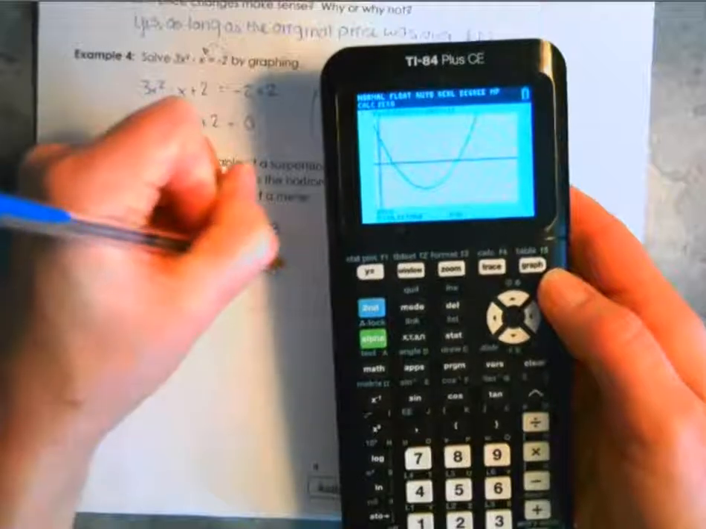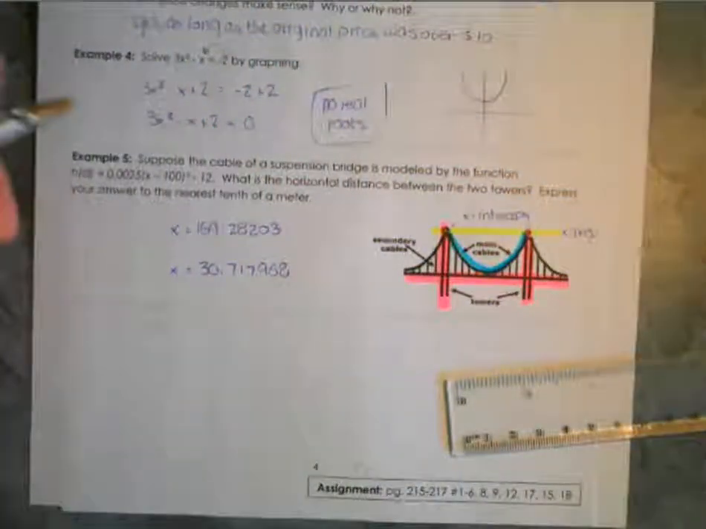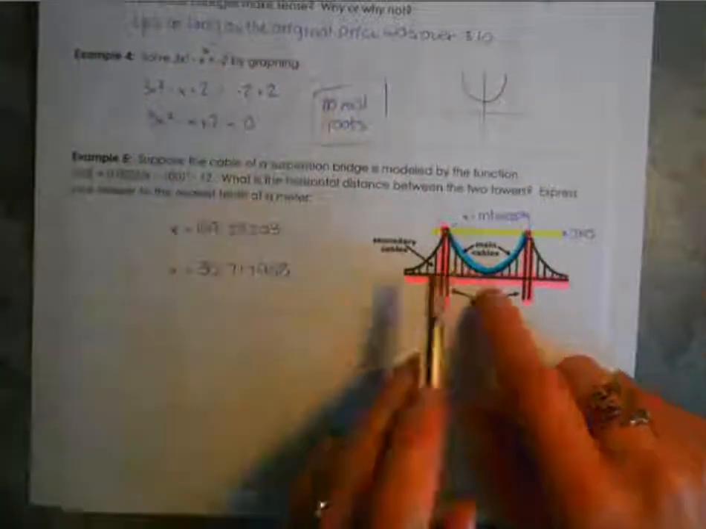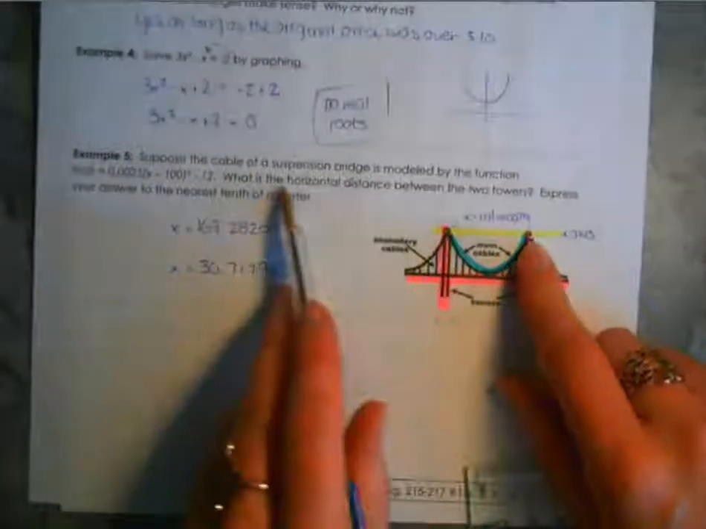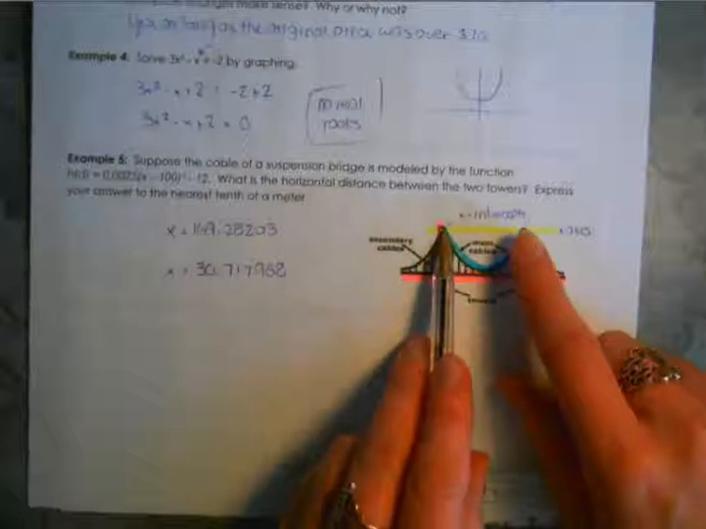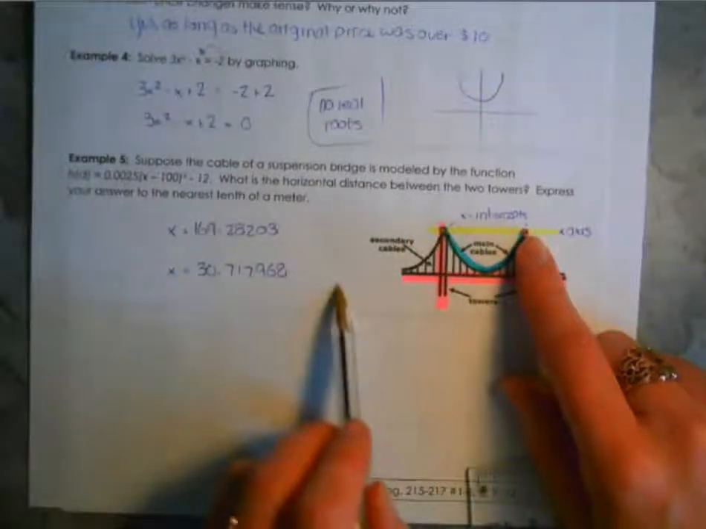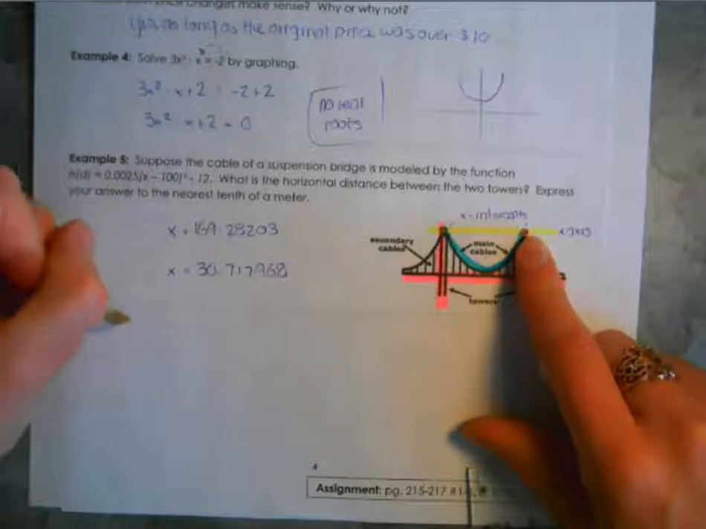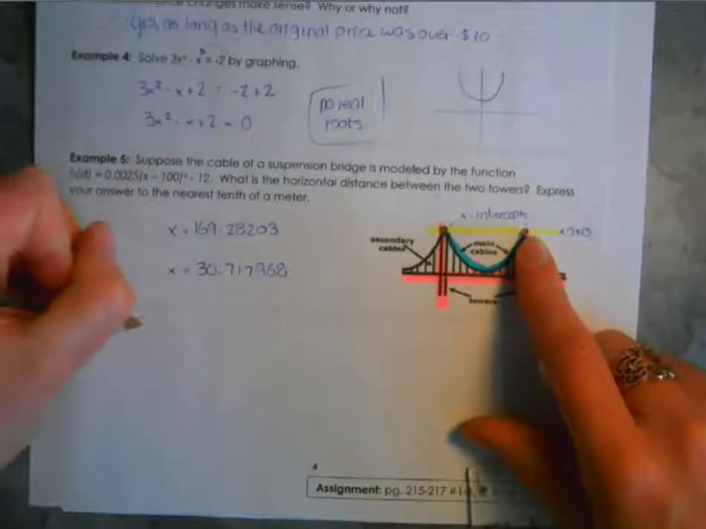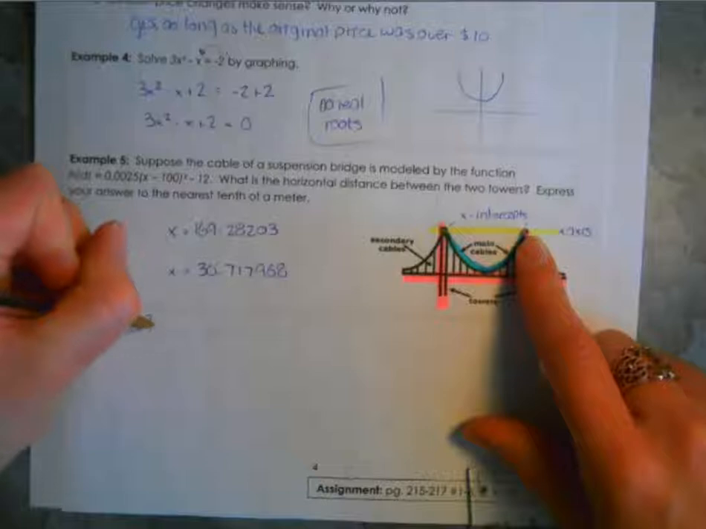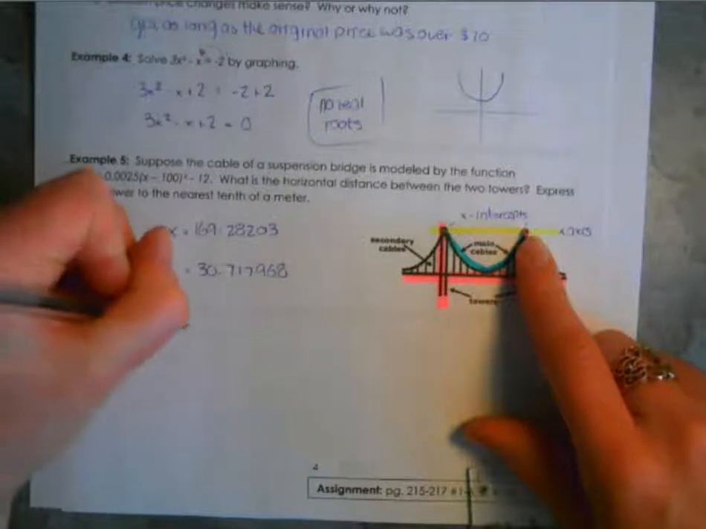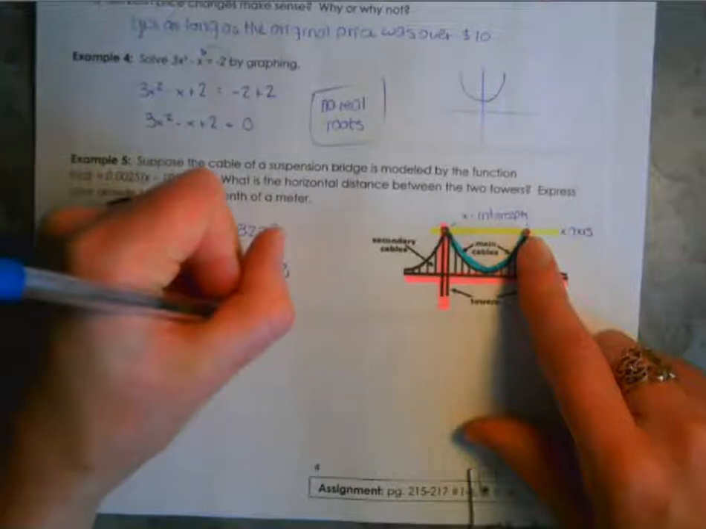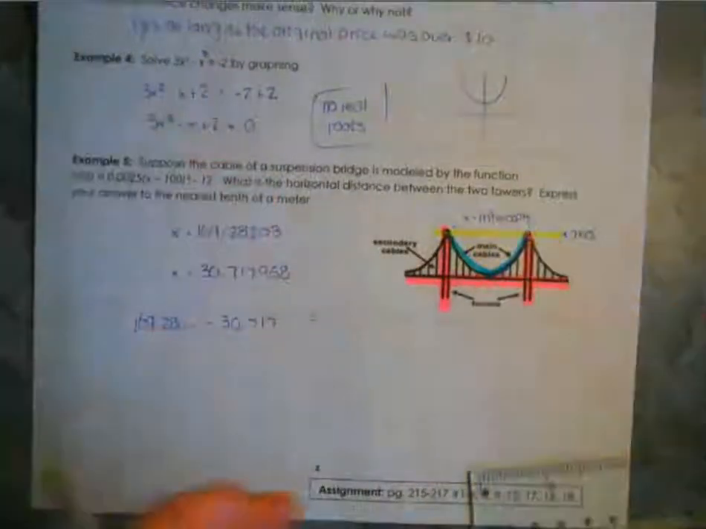30.717968. Now, this is the kind of question I was mentioning earlier where you don't have an x-intercept starting at 0 and you're looking for the distance between the two, because it's asking what is the distance between these two towers. So keep in mind you need to find the difference between these two. So we're going to have 169.28 minus 30.717 is going to give us,